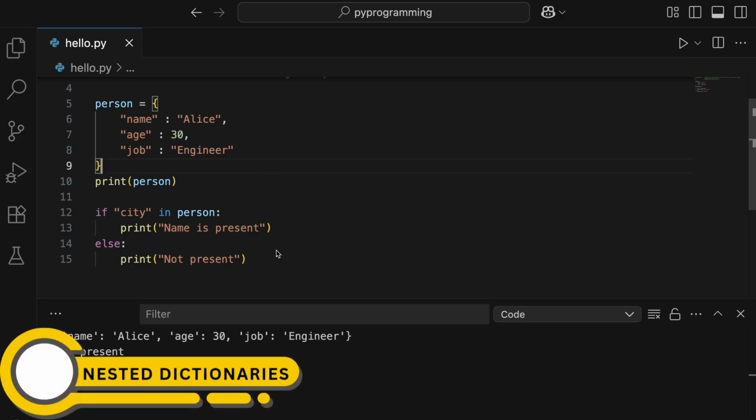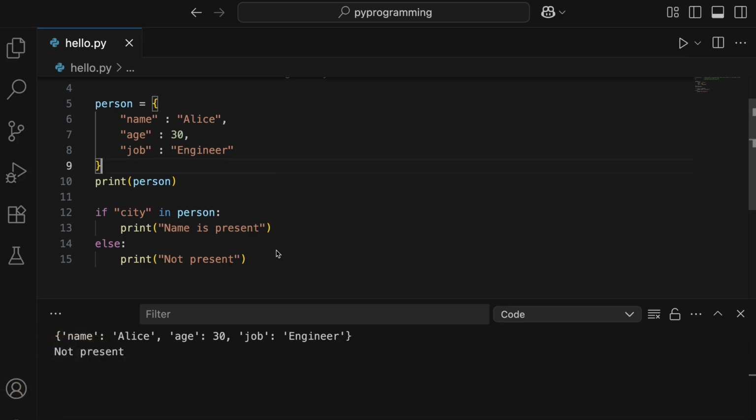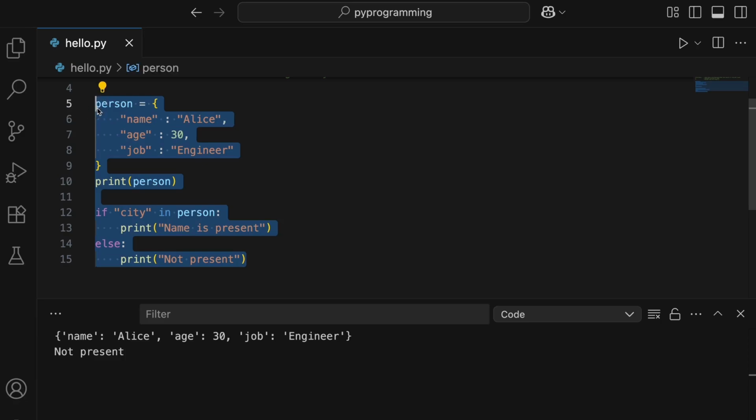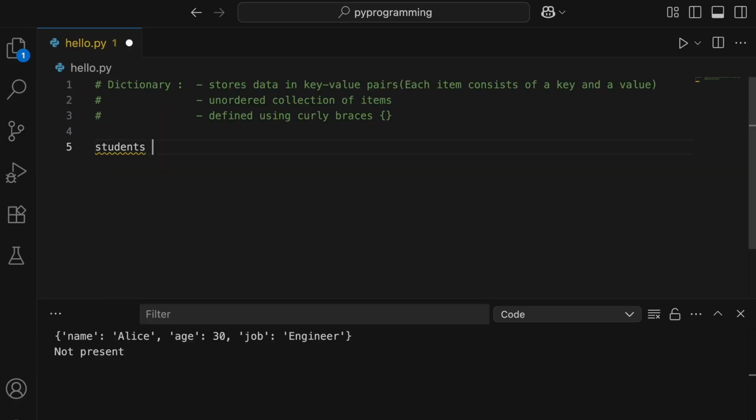Alright, you can also make nested dictionaries, as in one dictionary inside another dictionary. Let's take an example and check that out as well. I'll create a new one. I'll create a dictionary named students, and let's create the key and name it A101. We'll separate it by a colon, and in the values I'm not going to give a single value, but rather a dictionary. Inside this I'll give name as John. We have to separate it with a comma, and then we'll give the grade as A. Let's also give age as 25. So this is one dictionary, and this one is another dictionary inside the outer dictionary. This is exactly what a nested dictionary looks like.